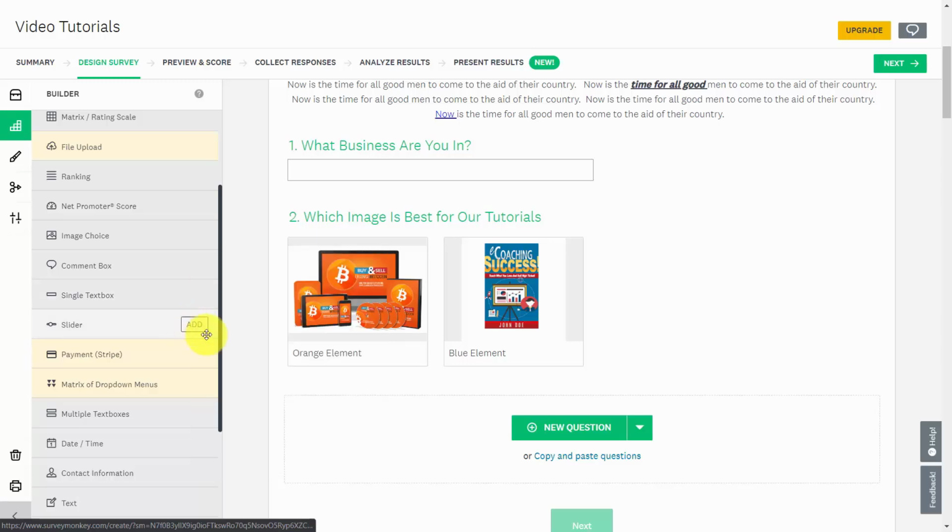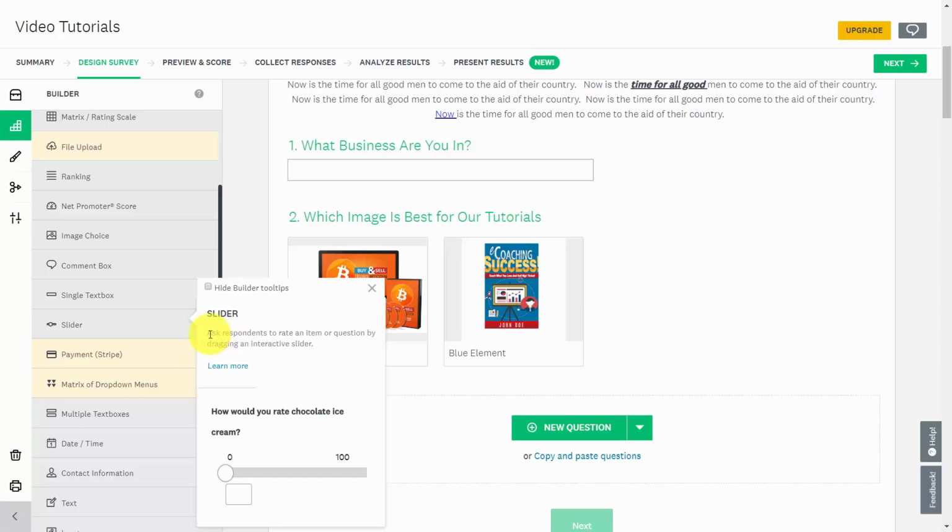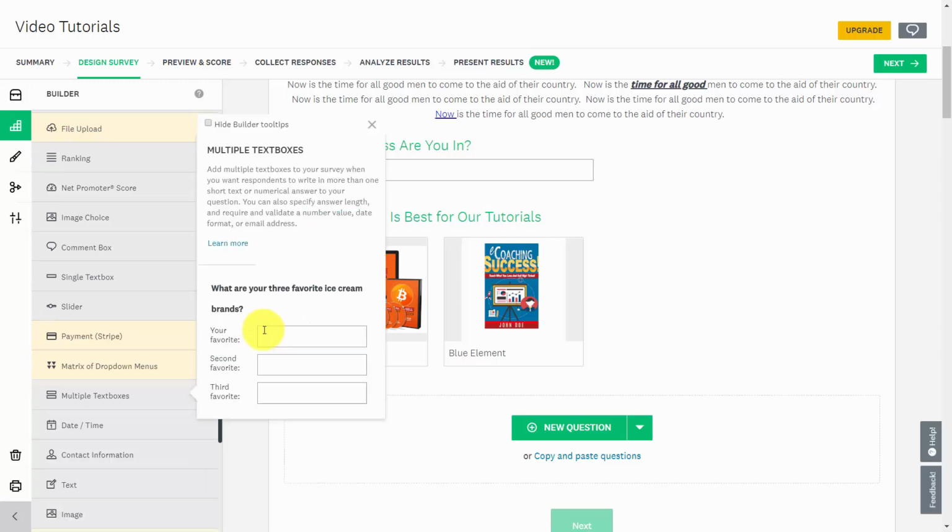You can create a question with a slider, and the slider is going to give your respondents the opportunity to use a slider to determine how they feel about a certain question. They can take the slider and move it toward the number or value that they feel closest represents what they feel. In some cases, you may want to use multiple text boxes, and what this will